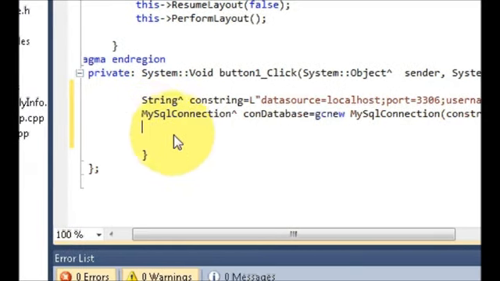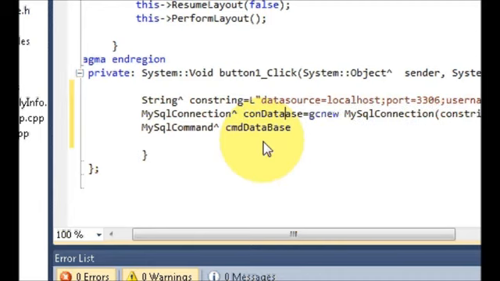Now in the next line write MySQL command, and once again this cap sign, and write cmd database. By the way, I want to write this database B capital so I can recognize this database. Okay,